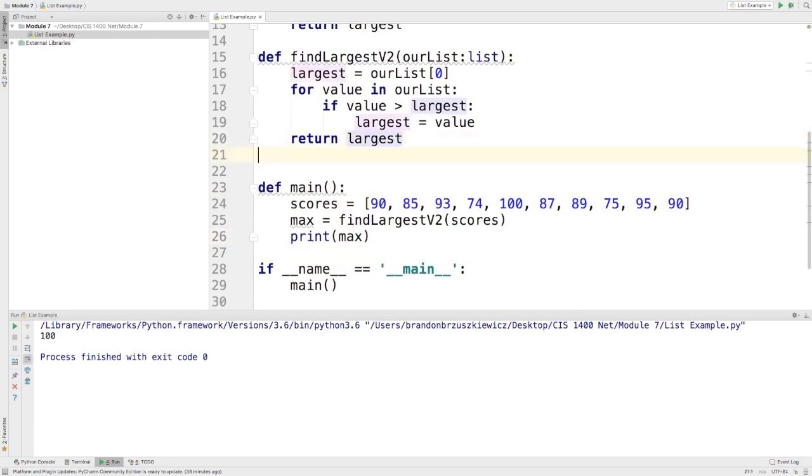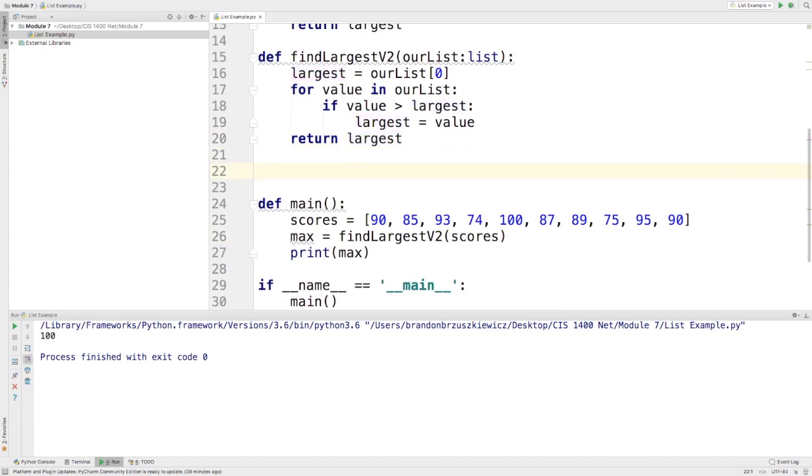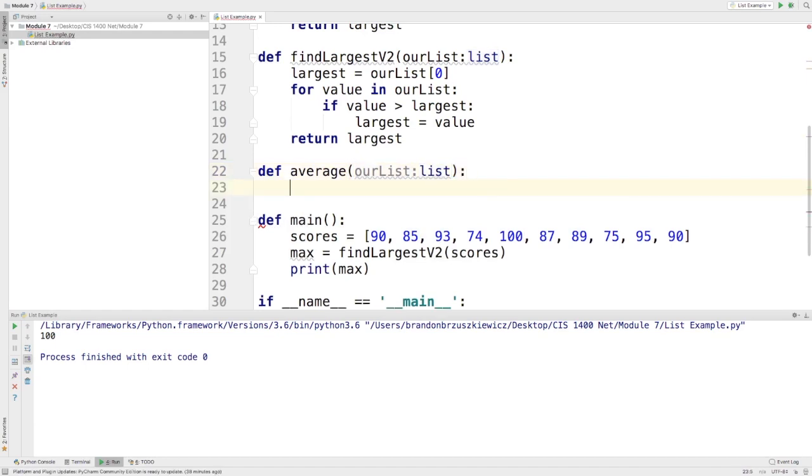Let's create maybe like an average method, or something that could allow us to remove a score if we needed to, or add another score in, or replace a score if we wanted to. So let's kind of go through maybe finding an average. So we'll go def average, okay, and again we'll go with our list, which is a list. Now an average is pretty simple. An average is just a total of all the elements that I wanted to go through. So I could do this, and I could go with a total